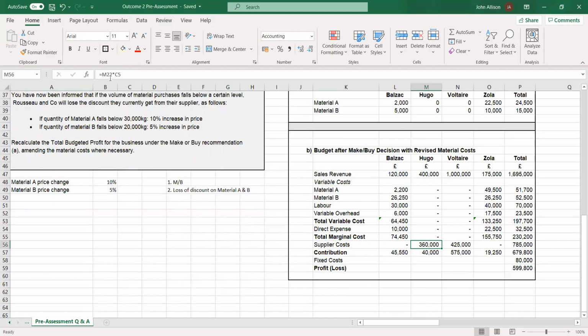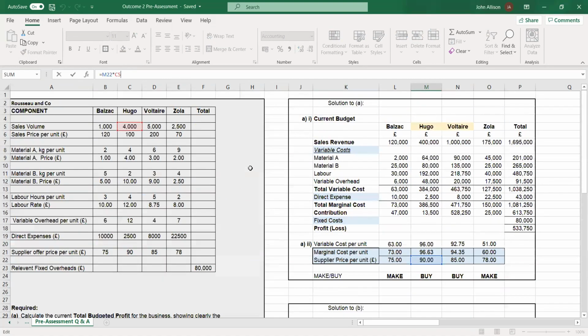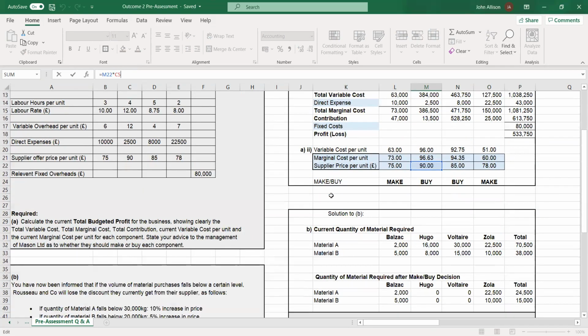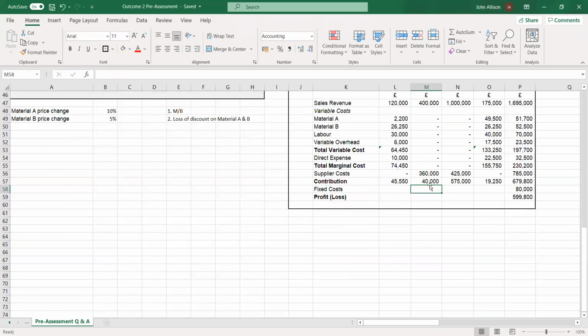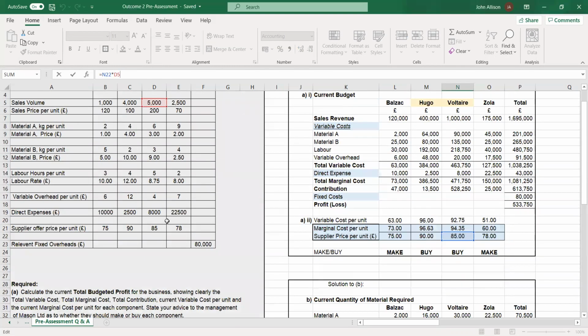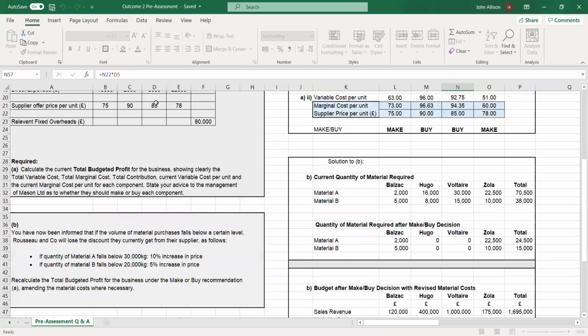So the £90 times the 4,000 is going to give us 360,000. Same idea with Voltaire. It's going to be the £85 the supplier's charging times the 5,000 units is going to give us